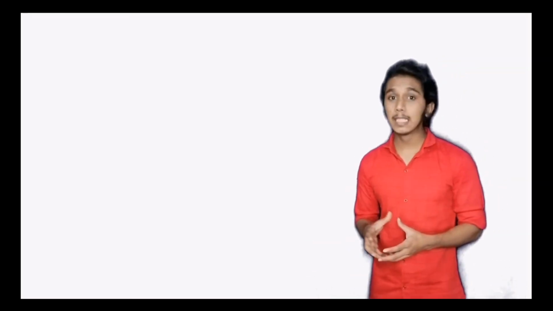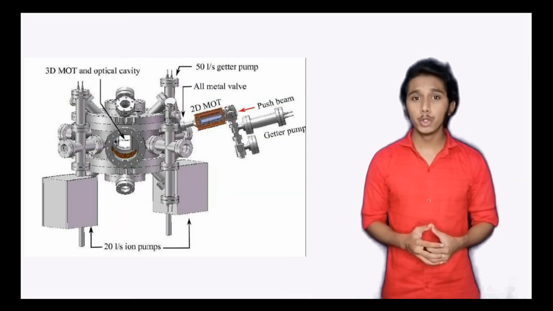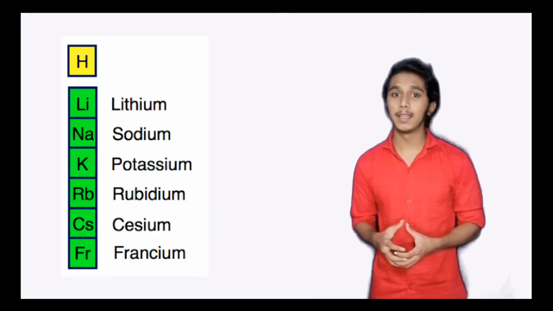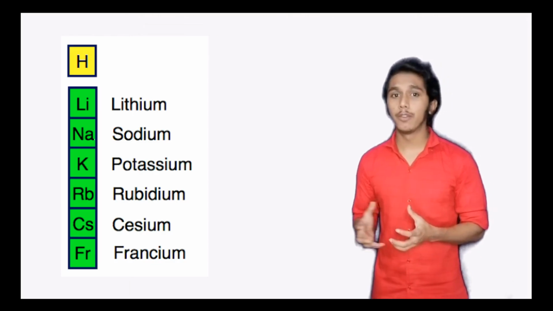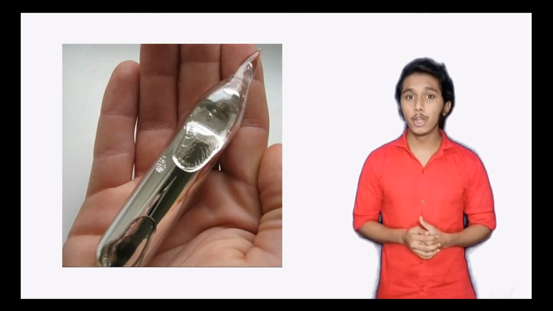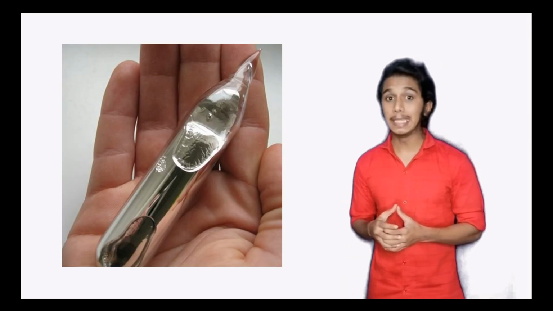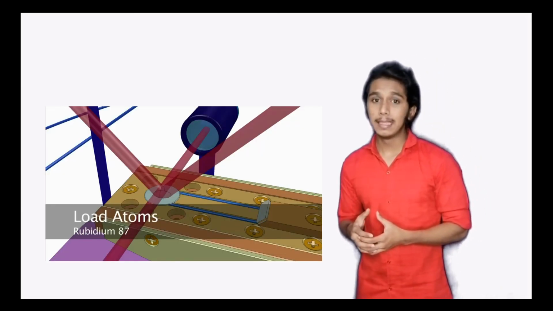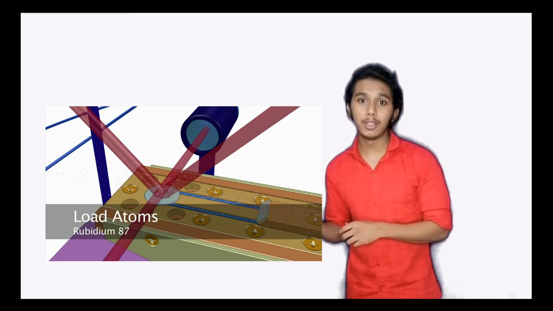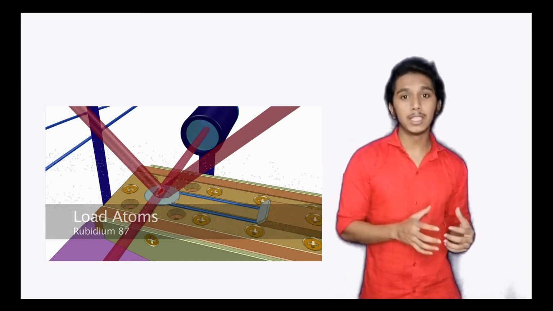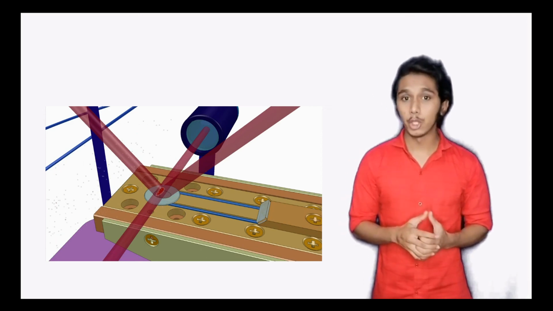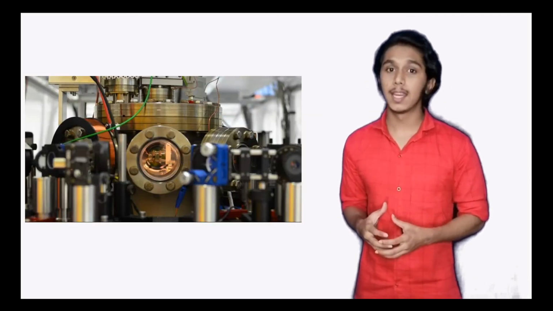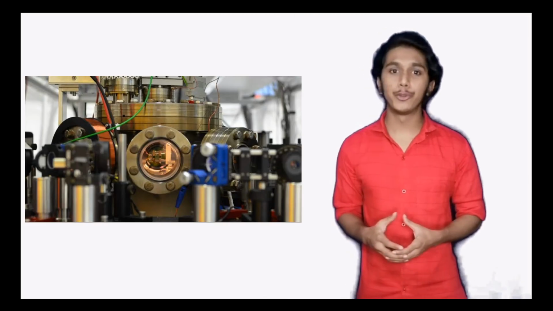Moving on to the description of the trap. The atoms that are used to cool down are usually alkali metal atoms. The reason we use these atoms is because of their simple structure. Now let's take rubidium. Rubidium is first heated to a high temperature and then converted into gaseous form. This cloud of atoms is then flown towards the point of intersection of the counter-propagating lasers, where they are trapped and cooled down. The actual MOT chamber is around 80 mm in size and made up of quartz glass.